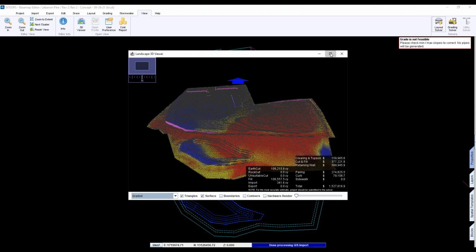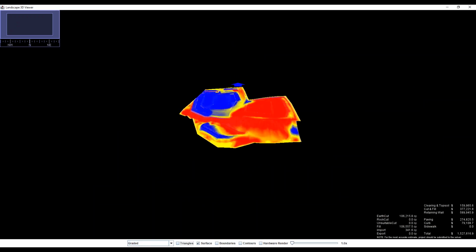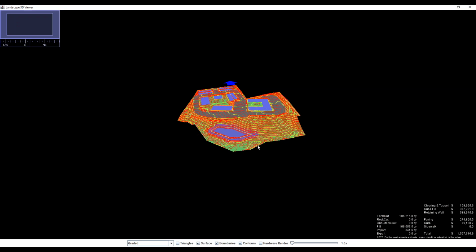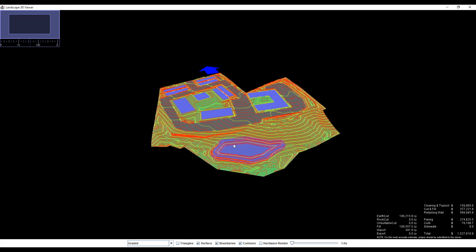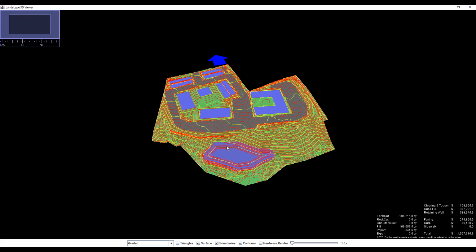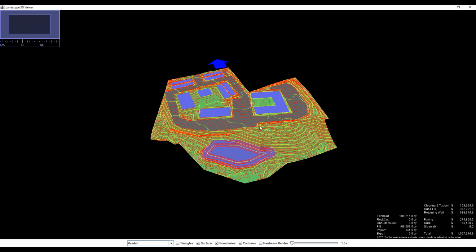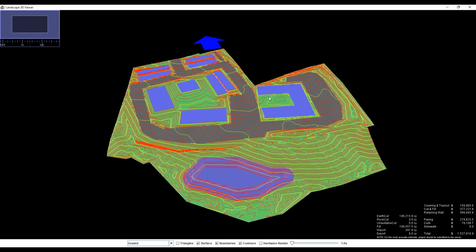Let's see if it says I get a 3D view. So this one, yeah. So this one's got real big slopes and stuff happening to it. And what happened was, because of the way the existing topo is, the architect thought they could put a split in here and drop this courtyard down. Well, once you did it, you realized that makes no sense at all, because when we're done, we're flattening all this area out and we're hitting all this big slope over here. So it really showed some things that you just couldn't see just by looking at existing topo.